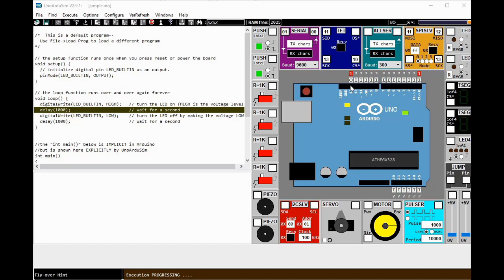So what if we want to connect pin 13 to a certain LED? So in this case, let us use the one on this board, on your upper right corner.